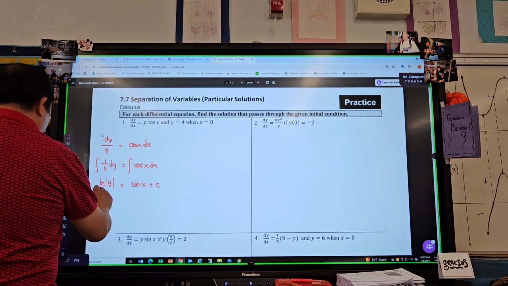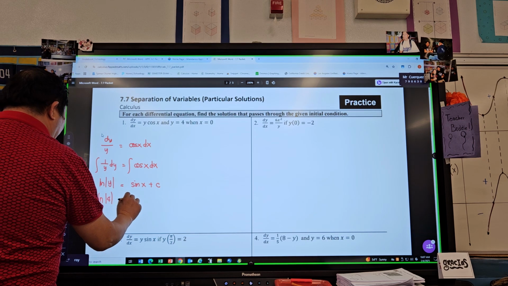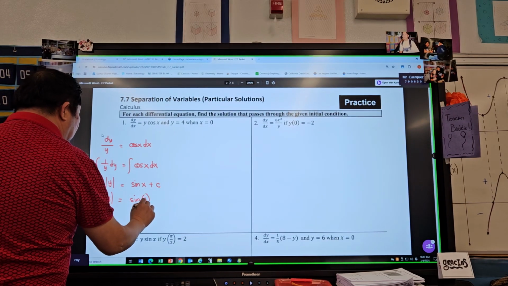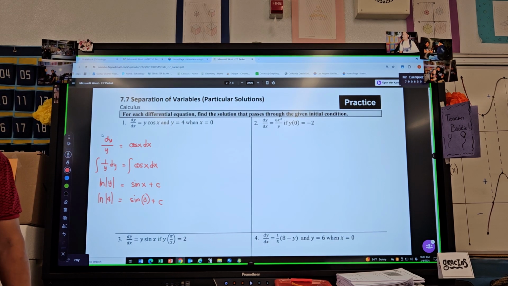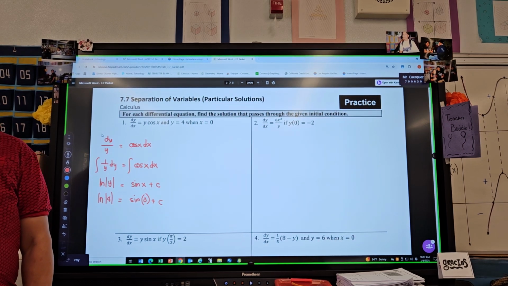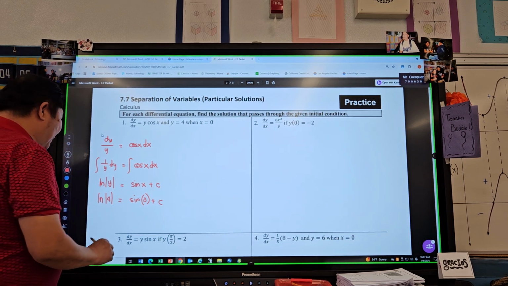So that means ln 4 is equal to sine 0 plus constant. Now what is sine 0? Oh, 1? Are you sure? Wait, no. It is 0. Okay. So we have,